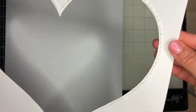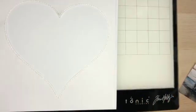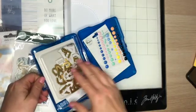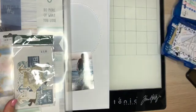So as you can see, I have stitched right around this heart, and I'm just going to back it on some more white paper because I'm going to take a whole bunch of stickers and rub-ons and ephemera pieces from what you can see here. So this is a collection I got. It's a pink Paislee, ivory and indigo collection, and it was in a Kitaholics kit, I want to say in